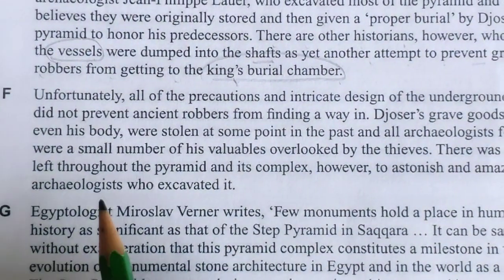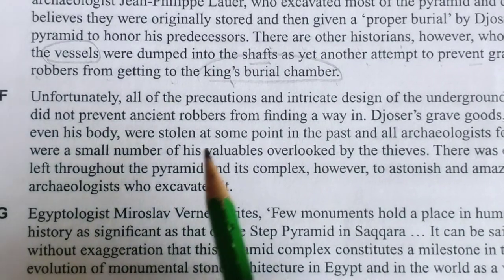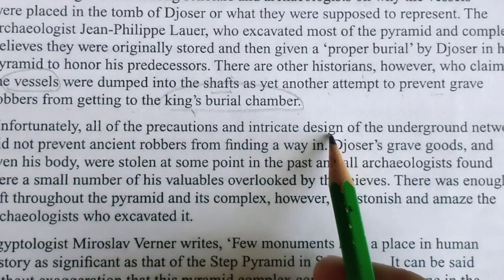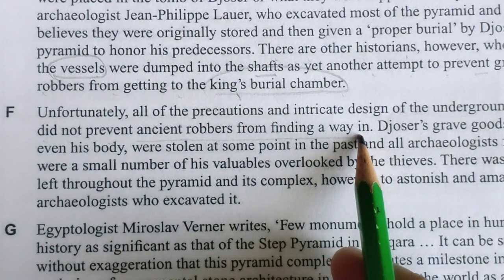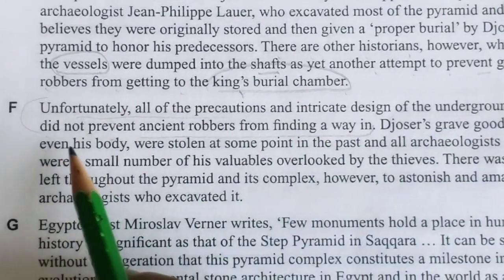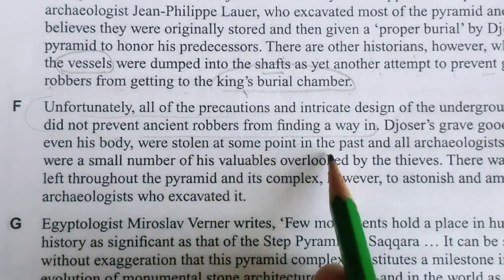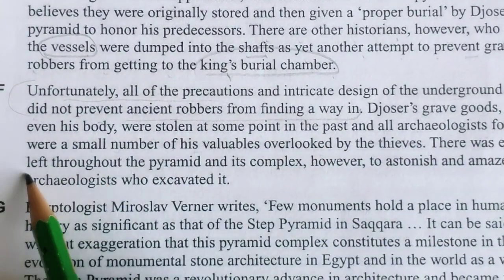Let's read the F paragraph. Unfortunately, all the precautions and the intricate design of the underground network did not prevent ancient robbers from finding a way in. Grave goods and even his body were stolen at some point. A small number of valuables were taken by thieves. There was enough left throughout